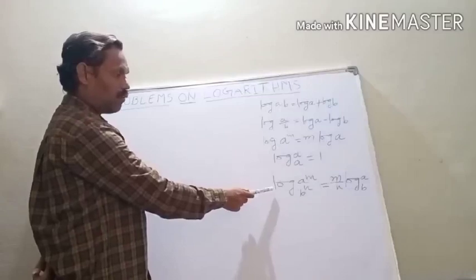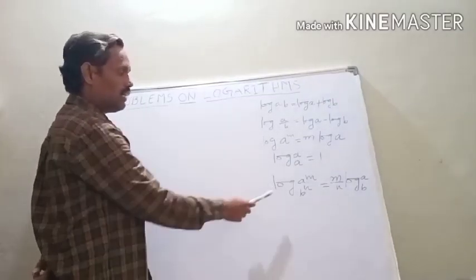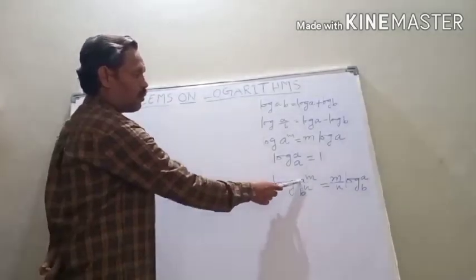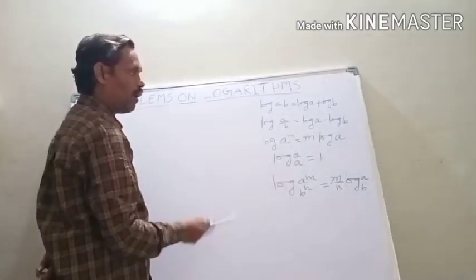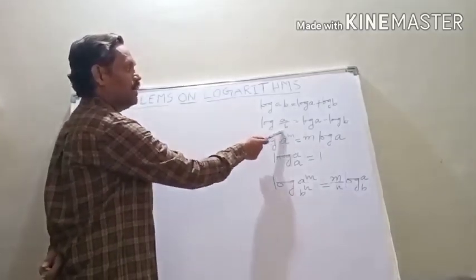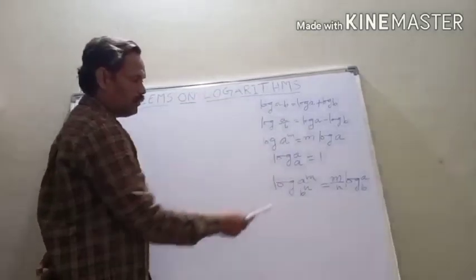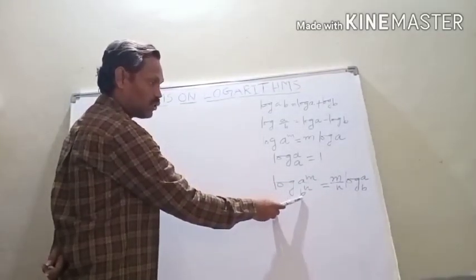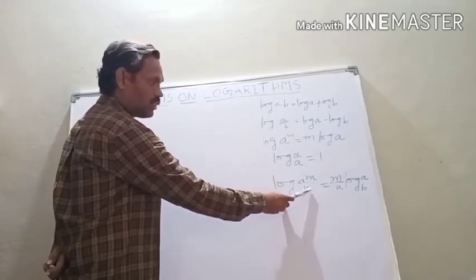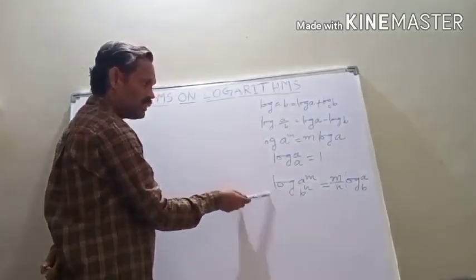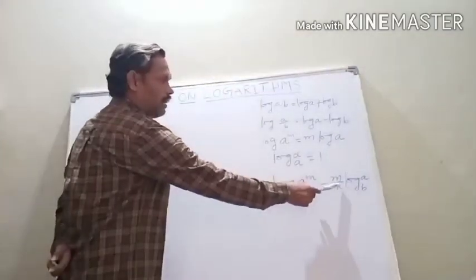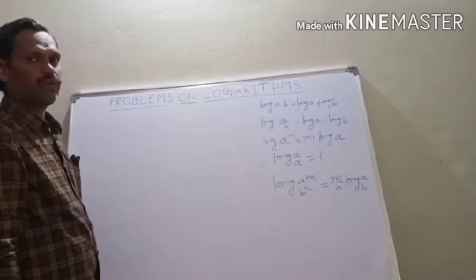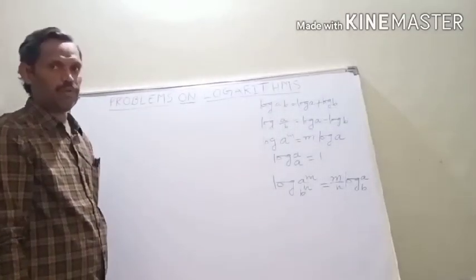So one more extra formula I would like to introduce, that is log of A to the power of m base B to the power of n. Here both are exponent forms. Whenever you have an exponent, it becomes the coefficient of the log. Similarly, here m is the coefficient of log, and you have an exponent form in the base, so that exponent also becomes the coefficient of the log. Therefore, m by n into log A base B. By using this formula, we are going to solve some problems.